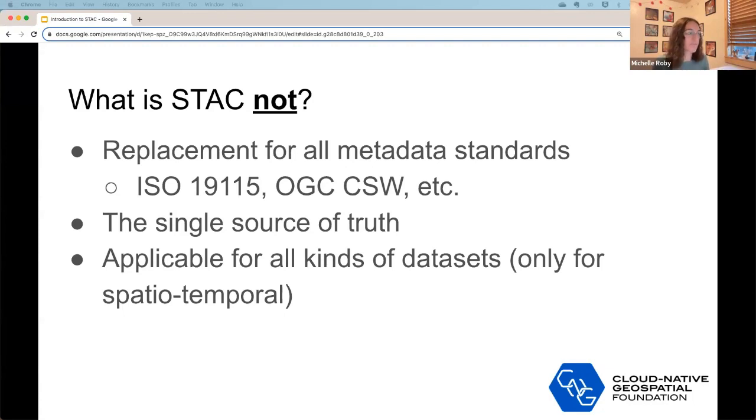That's still in process, and there are certain ways that vector data shouldn't be cataloged in a STAC, and certain ways that it could work. That is a nuanced aspect of STAC that I'm still trying to wrap my head around, but you can be safe with cataloging satellite data, and we'll talk mainly about that today.